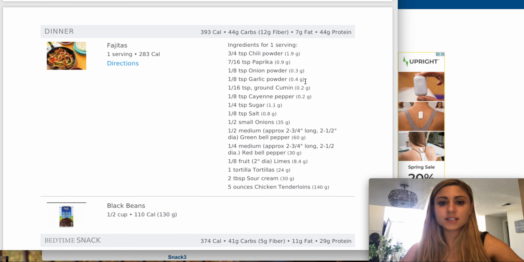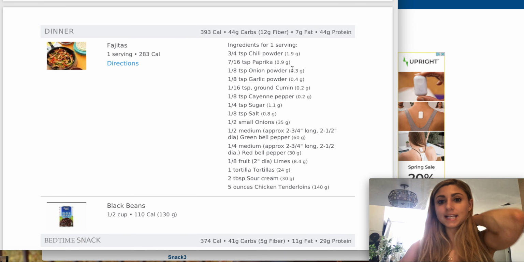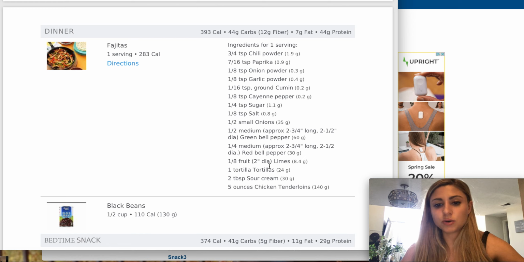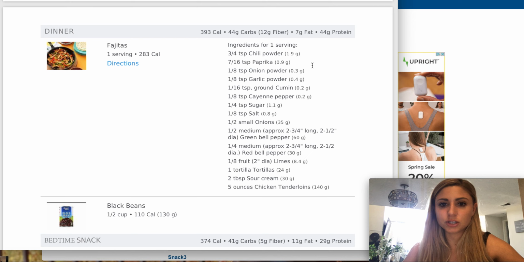We have all this stuff, right? And what's great about the recipes that I give you, about the meal plan that I give you, is everything is included in grams, and this is going to make your life so much easier, guys, than just trying to input all of these things over here. So definitely pay attention to the grams section, and instead of getting overwhelmed and trying to put in chili powder,